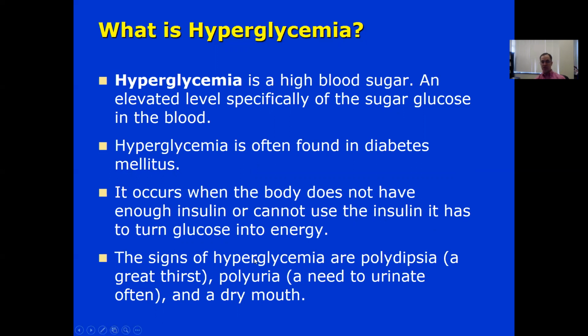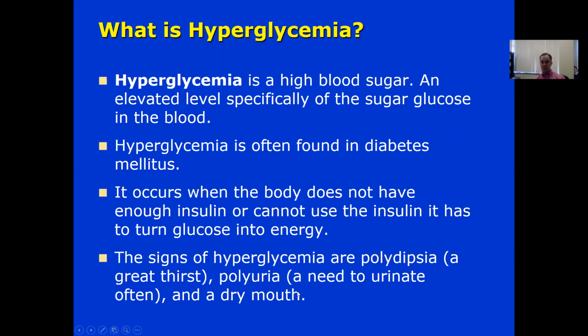All these are caused by hyperglycemia, as your kidneys have to work extra hard to remove glucose from the body because your insulin is not able to do it. And the reason you start to develop great thirst is because your kidneys are using more and more water to remove